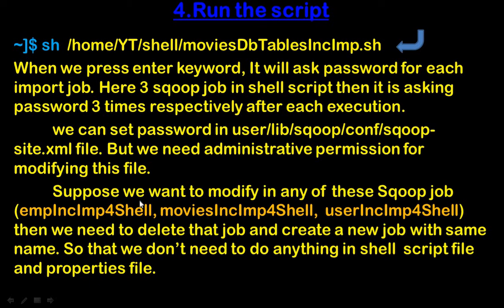So if we want to modify any job, then first we need to delete this job and we will create a new job with the same name, so that we do not need to change anything in the shell script and properties file. So like this way we can run the script, and if we want to modify a Sqoop job, then we can delete and create a new job with the same name.